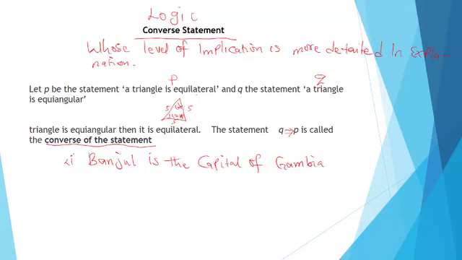Now, let's call this sentence P. Let's produce another one, Q, and in this case, let's say Banjul is in Africa. Now, if you want to interchange these sentences, you can say Banjul is the capital of Gambia, and Banjul at the same time is in Africa. If you want to reverse it and make it a converse statement, just like what we have in logic,